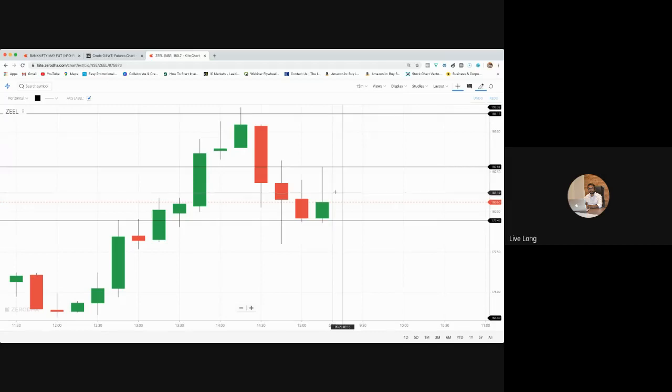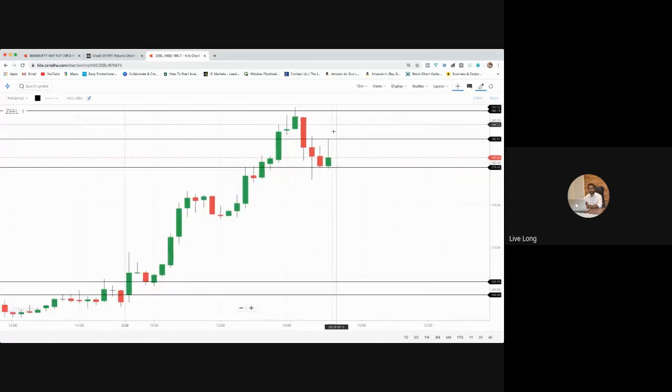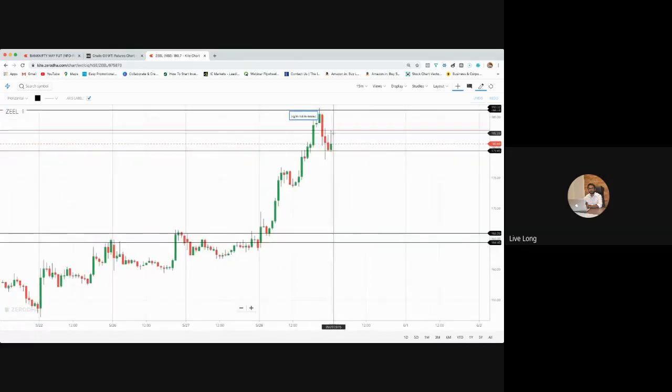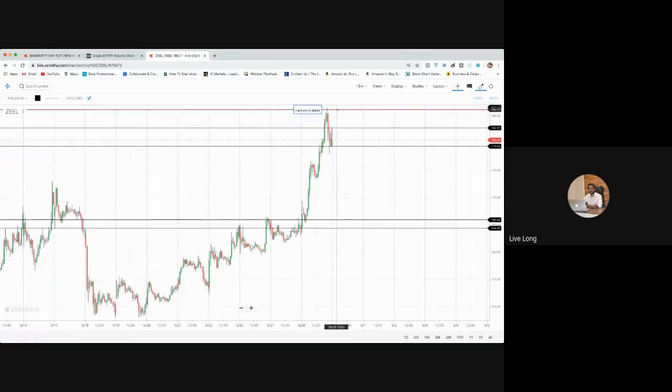If I check the chart of SEAL, I told you, if I'm going for a long position from this level, let's assume the price finds support over here before it breaks above this level. So if I go for a long position from here,